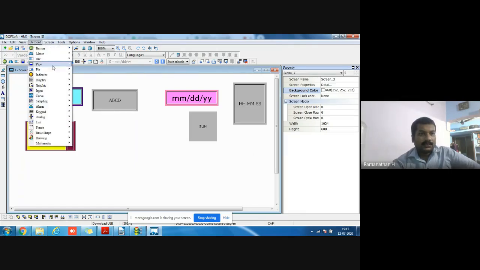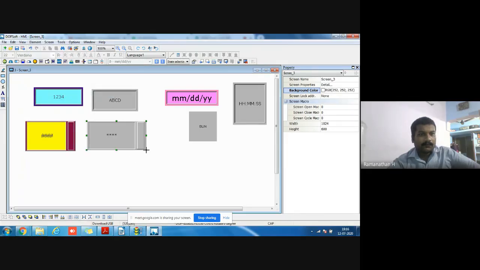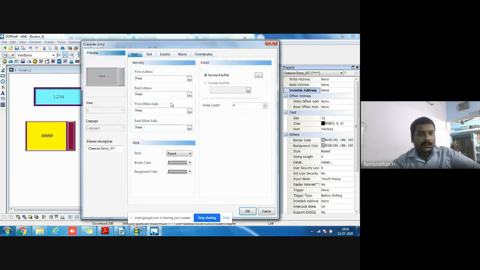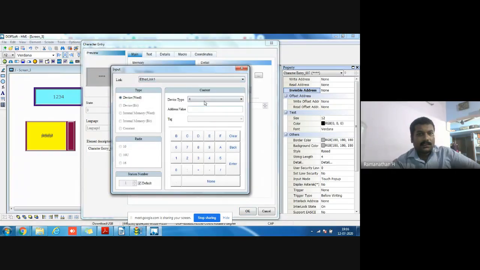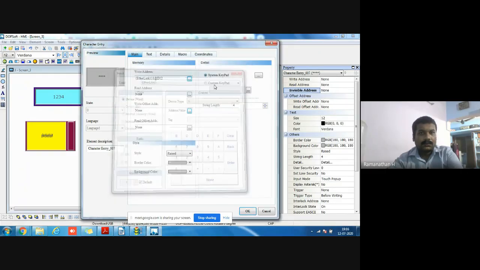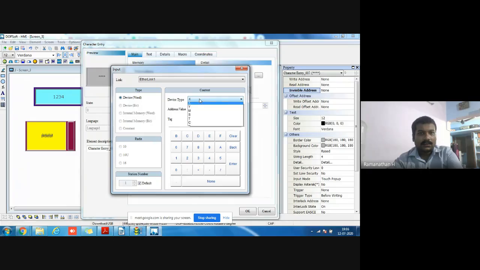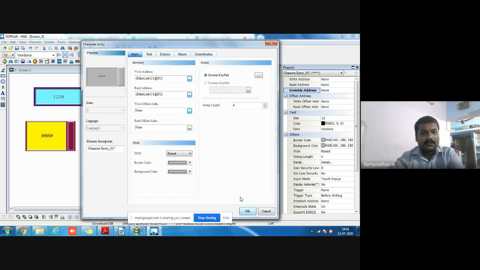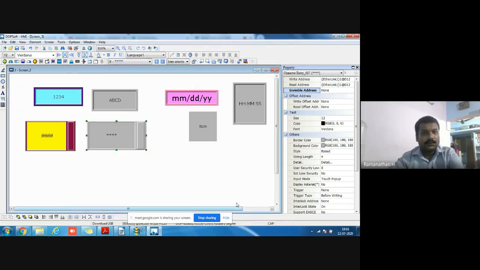Then we add a character entry. Character entry also needs some address, register. But I don't know if it's working or not because it's not connected with PLC. I'm just working with virtual only. Just a note.